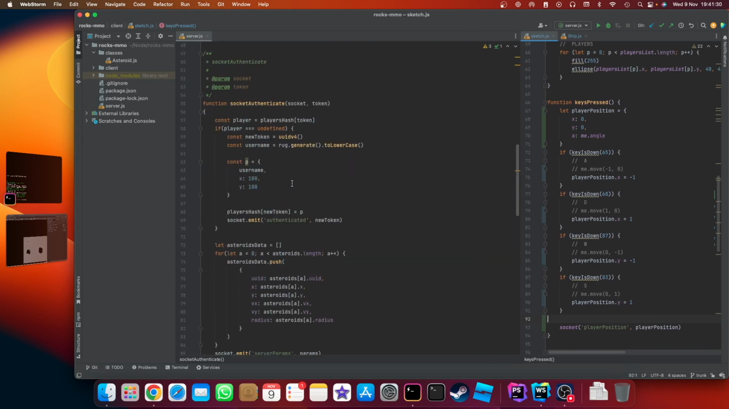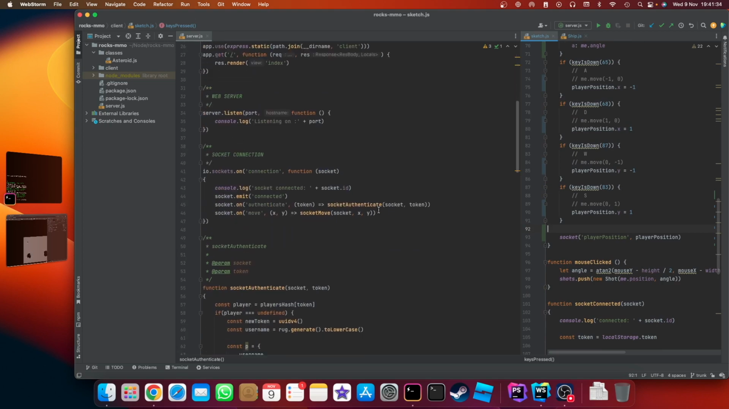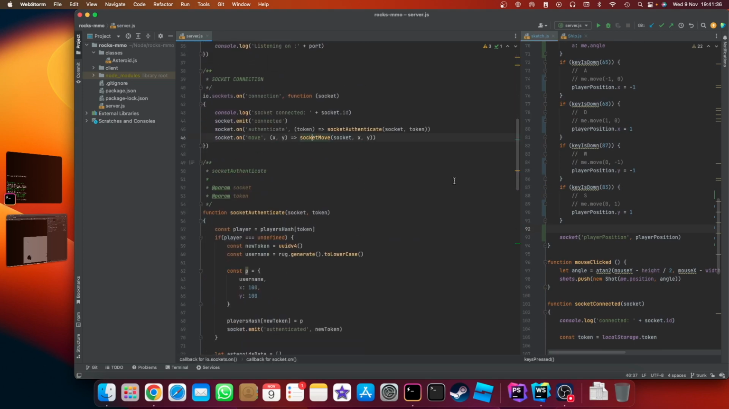At the server, we were going to call it player position. So let's create a new on here. Now we did have this on move that we were going to use, but I don't think we're going to use this, so I'll just overwrite this. Player position, and that just passes